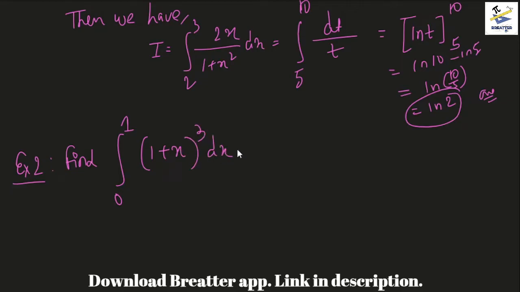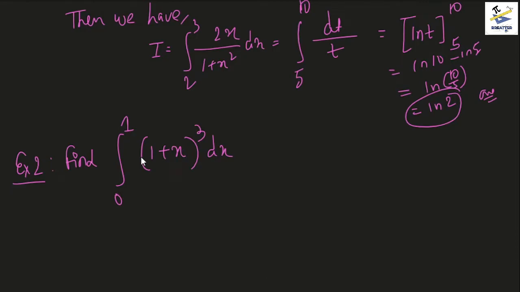So suppose this was our integral that we needed to find, 0 to 1 of (1 plus x) whole cube dx. Now in this integral, one way as always is to expand (1 plus x) whole cube as 1 plus x cube plus 3x square plus 3x, and then integrate it separately, right? Another way is to make the substitution,